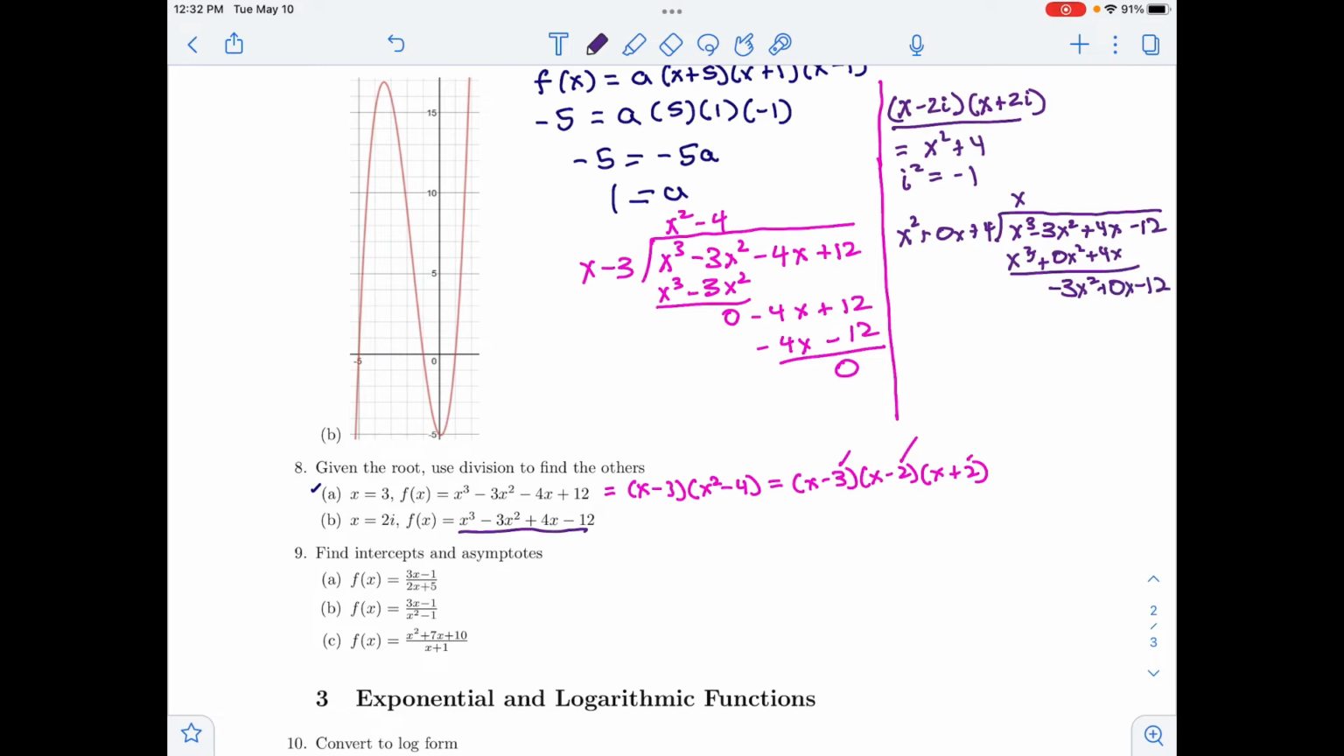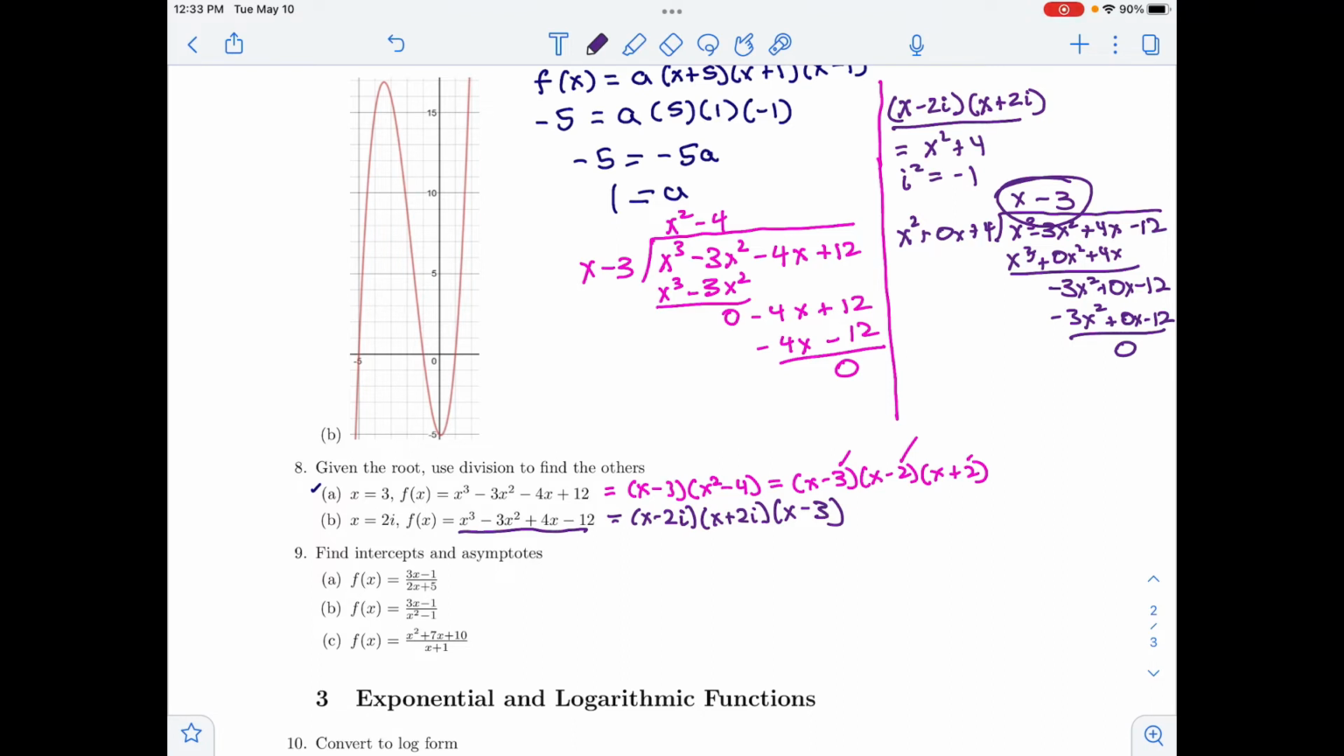Okay, now let me divide. X squared will go into negative 3x squared, negative 3 times. And then I multiply and get negative 3x squared plus 0x minus 12. No remainder. So there we did it. So here's what we've got. We've got x minus 2i, x plus 2i, times x minus 3. There. So whenever we're told that something is a root, we can convert it into a factor and divide to find